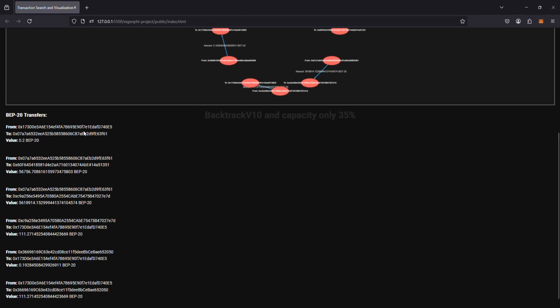So we have 1, 2, 3, 4, 5, 6. Let me first explain what happened here. This is the BEP20 token transfer details. On the first transfer, it comes from my wallet to the V2 pool address with a value of 0.2 BEP20. On the second transfer, it occurs from the V2 pool address, sending to the burn pool, so it burns 1%,